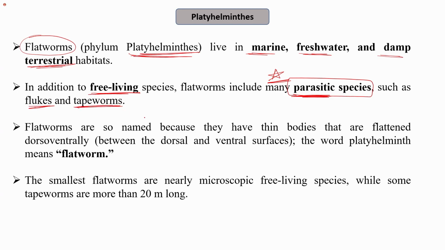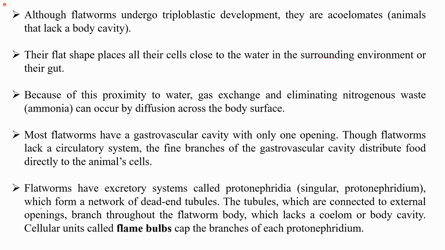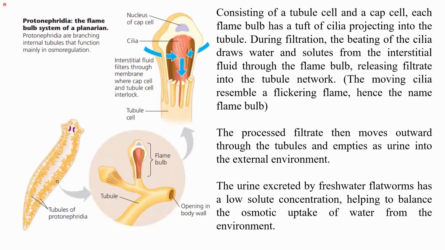So flatworms, why are they called flatworms? Because they have thin bodies that are flattened dorsoventrally. So you can see the structure here. You can clearly see that they have a very thin body and a flattened structure which has been flattened dorsoventrally. And if I talk about the symmetry also, you can see that this organism can be divided